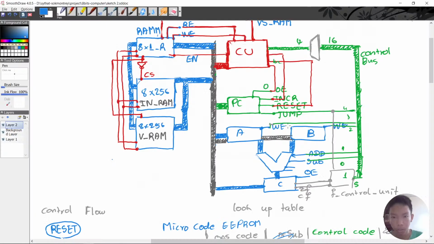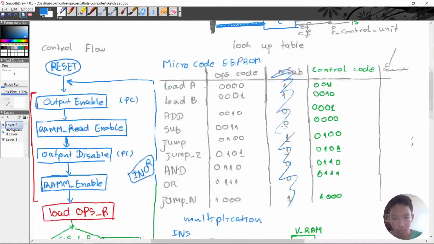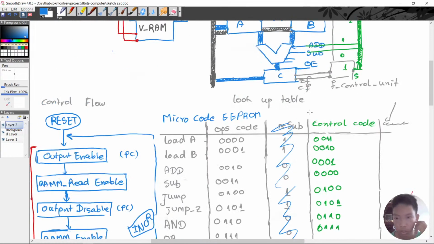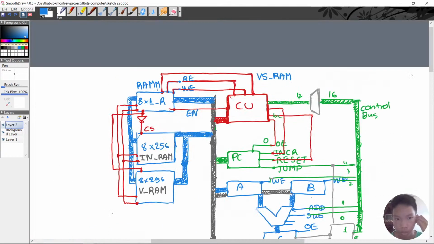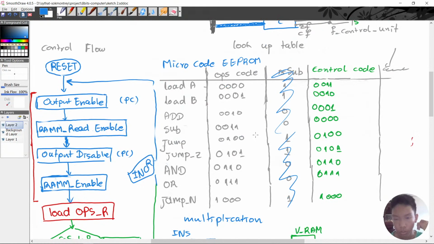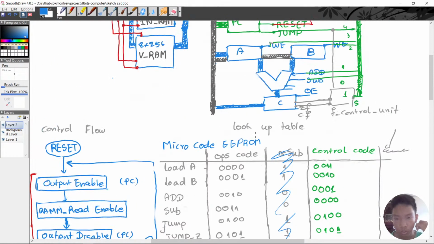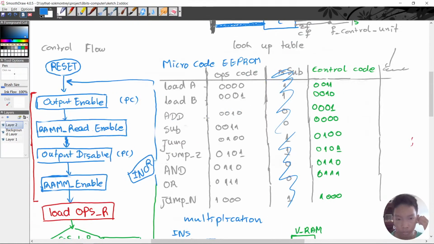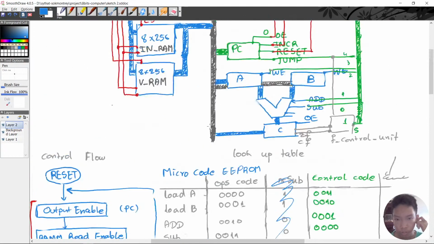Wait, the sub opcode is like, for jump or load, it needs the sub opcode, which is the address of the memory we're retrieving. So we will have to connect to the bus to retrieve it from our RAM, but in the case of jump,